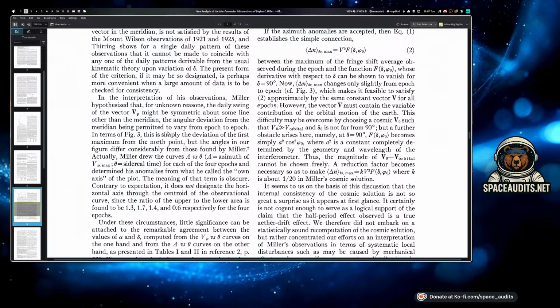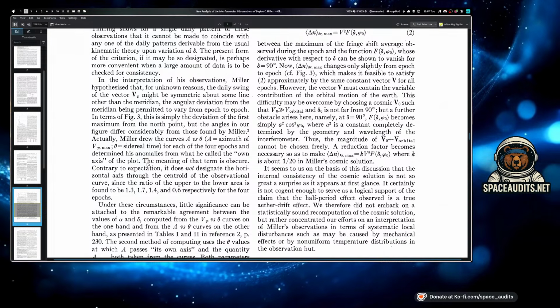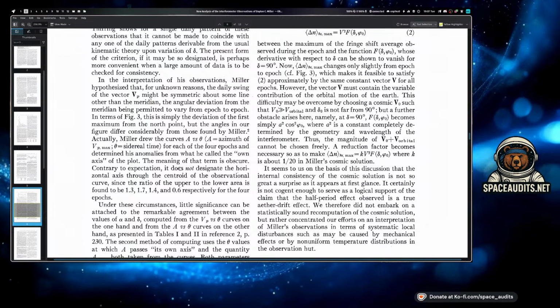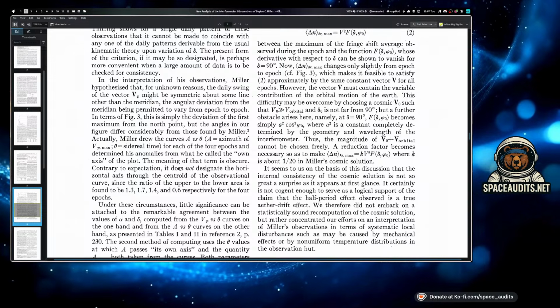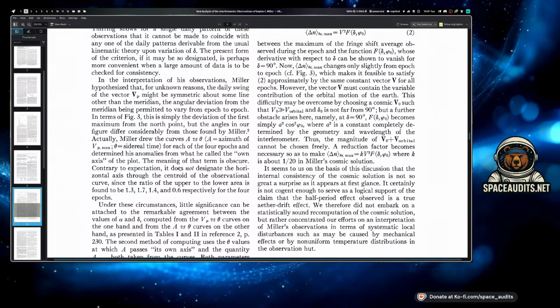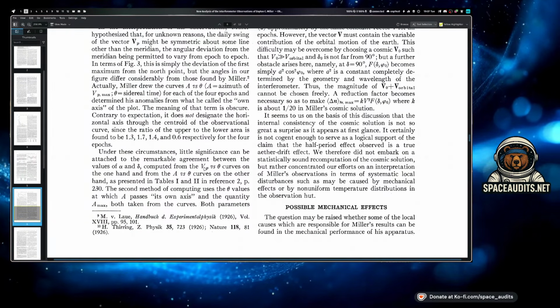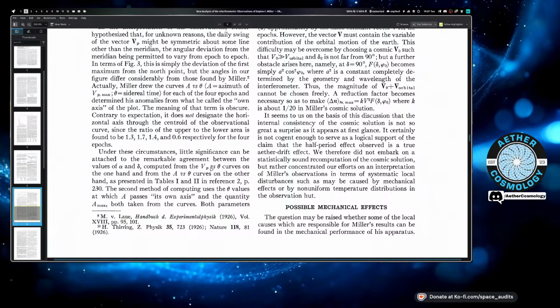With respect to absolute space, the meaning of this is obscure. Contrary to the expectation, it does not designate the horizontal axis through the centroid of the observational curve, since the ratio of the upper and the lower area is found to be 1.3, 1.7, 1.4, and 0.6 respectively for the four epochs. Under these circumstances, little significance can be attached to the remarkable agreement between the values of alpha and delta computed from